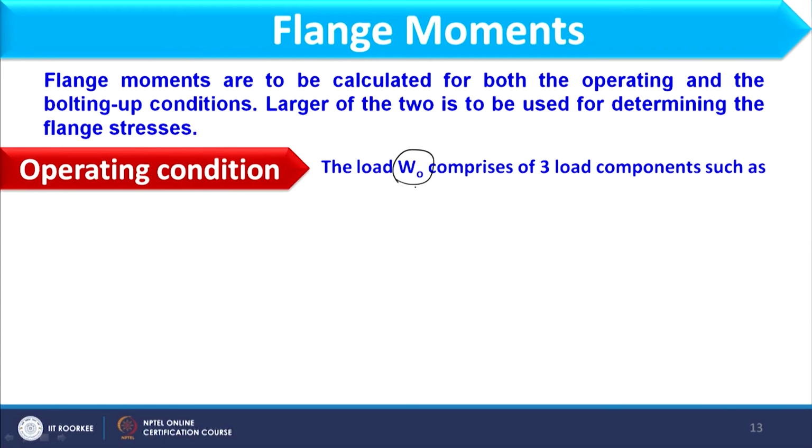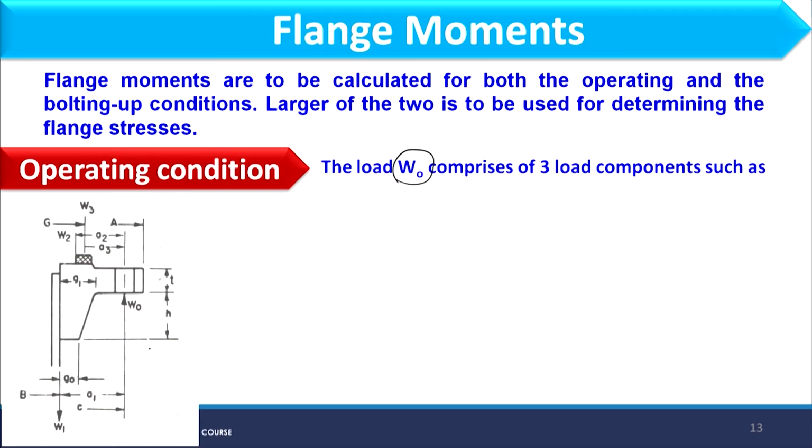To calculate the thickness of the flange, I have to focus on flange moments, and again these flange moments will be calculated for operating condition and bolting up condition separately. So, for the operating condition, the total load W naught comprises 3 components. If you see this schematic, whatever load is applicable on this flange would be counterbalanced by the bolt. Therefore, this W naught basically has 3 different components,